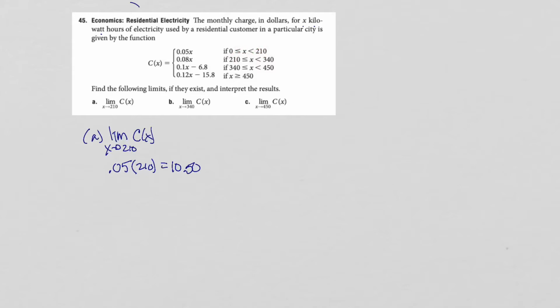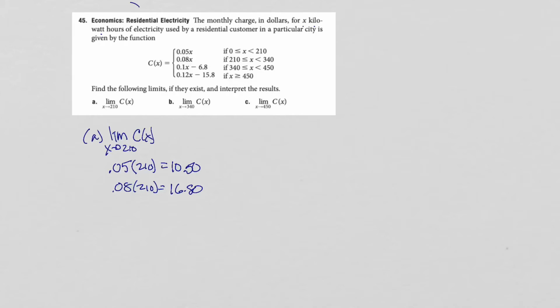Now as we approach from the right, we're going to be in here. So we come in from the right, so we're going to be approaching 210 from above, so we're going to use this part of the function right here. So that's going to give us 0.08 times the 210. And 0.08 times 210, do it on your calculator if you like. When I do it, I got